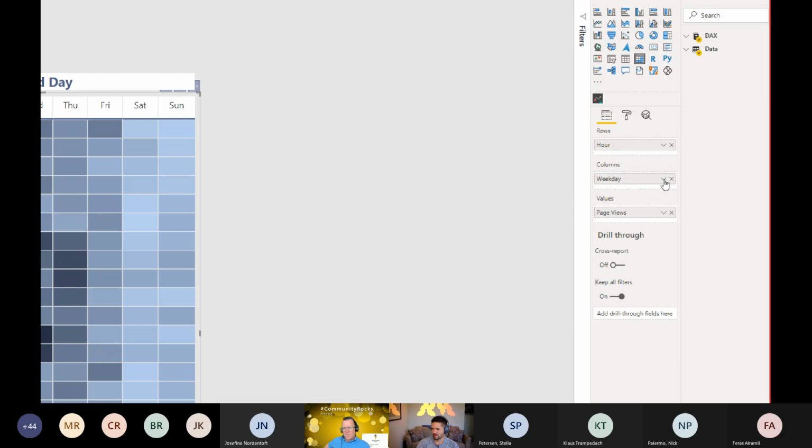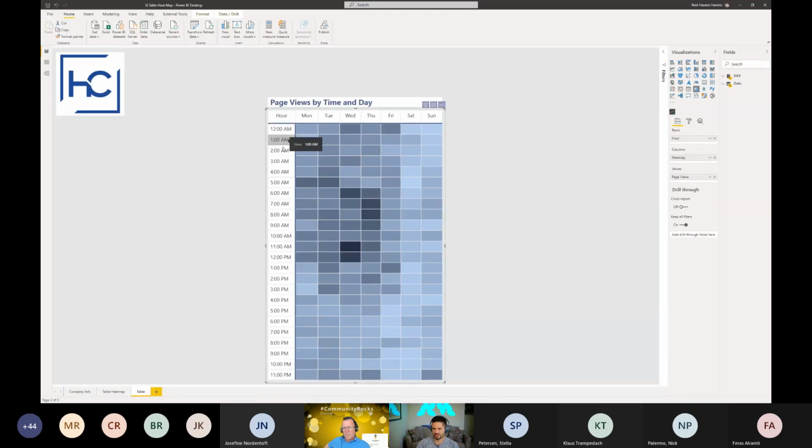Exactly. So what he's talking about is you select these here, show items with no data. What that does is it means that even if these are empty, it will still show it. The other important thing, which this is not actually doing, is that right now, if I did that on my data table and filtered it, these would still disappear. You actually need to make sure that these are coming from a dimension table, because that way when you filter, the data goes away, but you're not filtering out the values from your dimension table.